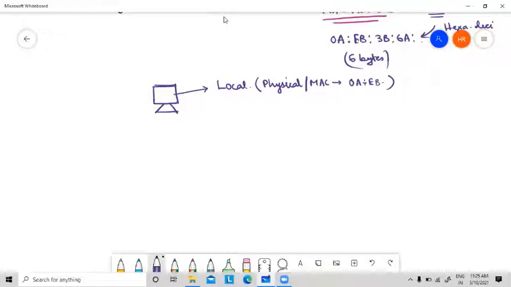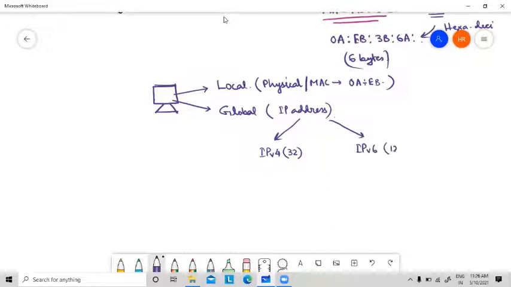This is the local address, and there will be one global address, which is sometimes called the IP address. If it is IP version 4, then it is 32 bits. And if it is IP version 6, then it is 128 bits.